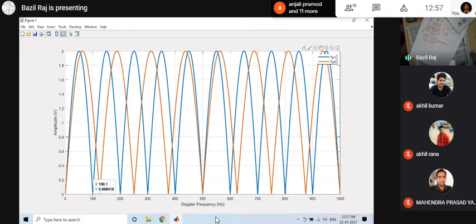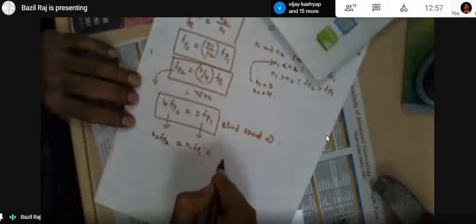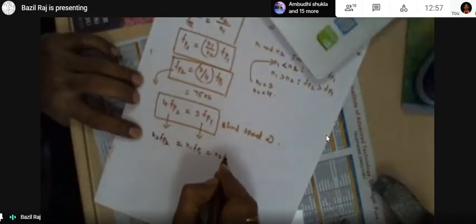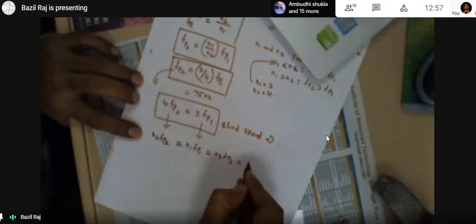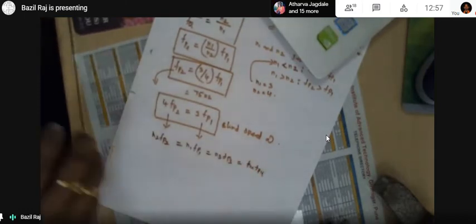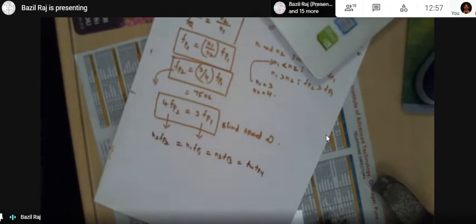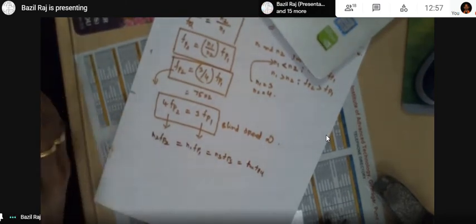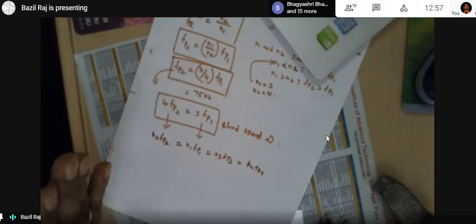So in the same way, you can go for this equation. You can write the equation like this: N2 PRF2 is equal to N1 PRF1, right? And then you can go for N3 PRF3, and then N4 PRF4 also. So you can go for multiple stacked PRFs. So this equation gives you 4 different PRFs now. By combining them together, you can predict and shift your blind speed far away.